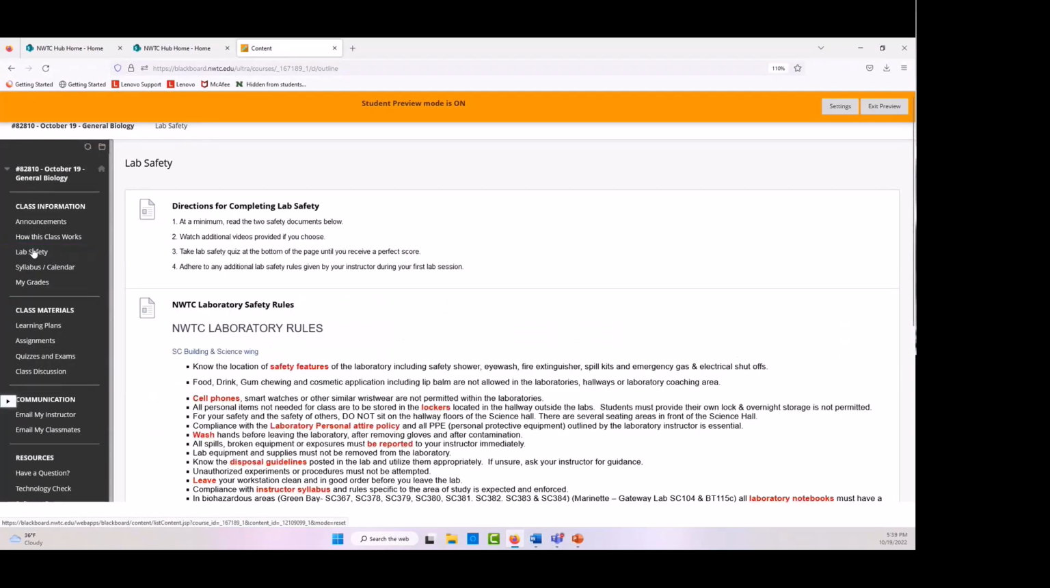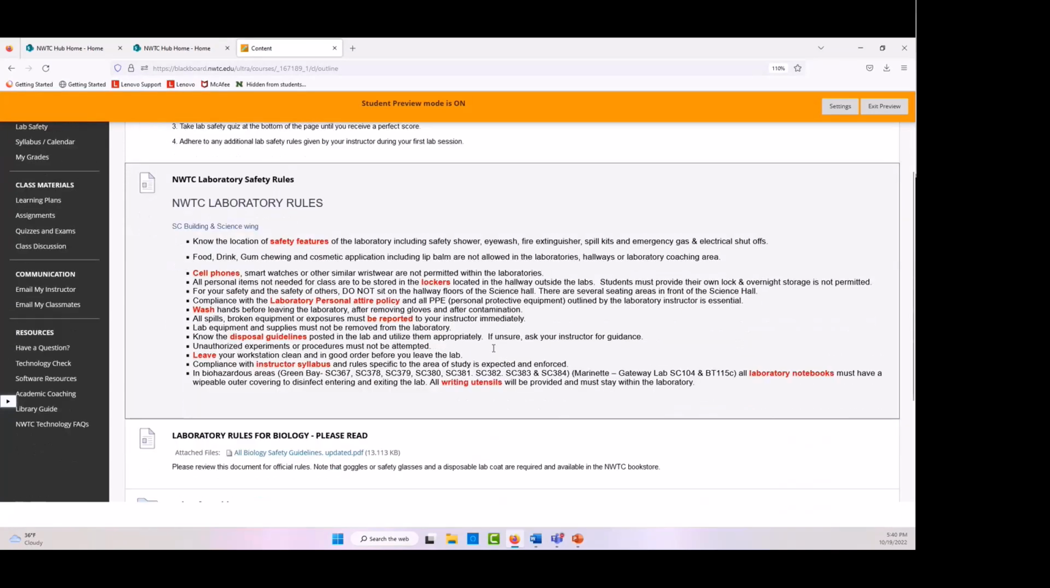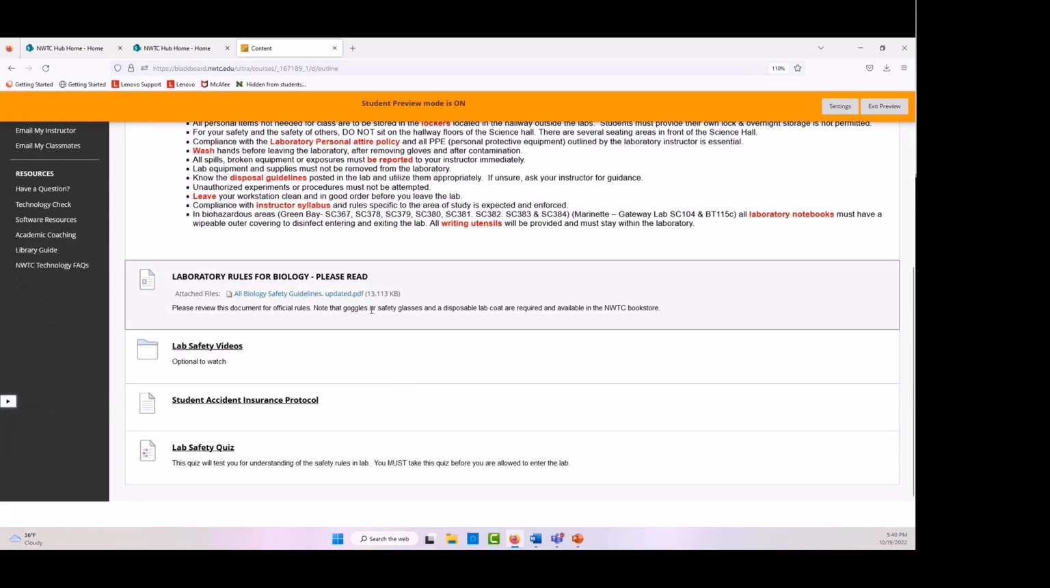Lab safety. This is another component that you need to think about and get going right now or in the next 24 hours. What we want you to do is spend some time looking through the laboratory rules. There are a variety of different rules in order to ensure your safety. It might not seem like a lot of the things that we do in laboratory are particularly dangerous per se,